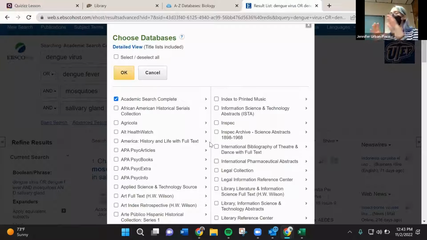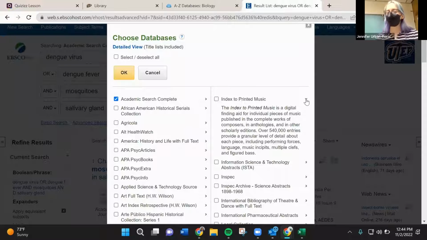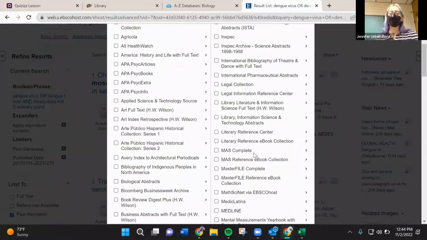You could get a little bit more specific. And what's cool is you can click on these and they'll tell you a little bit about them. So obviously you don't want stuff from index to printed music, right? Because that's not going to tell you about mosquitoes and their salivary glands, right? So yeah, this can be a good place to start narrowing even more, is to only look at specific databases within academic search complete.